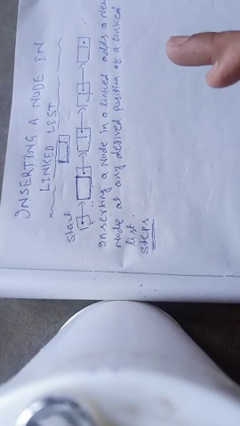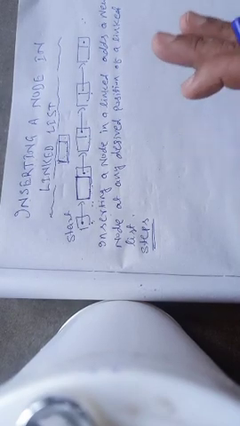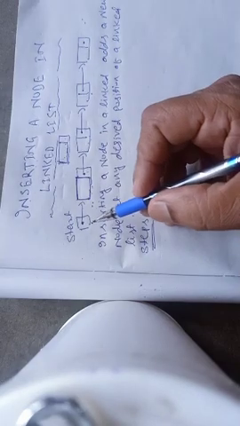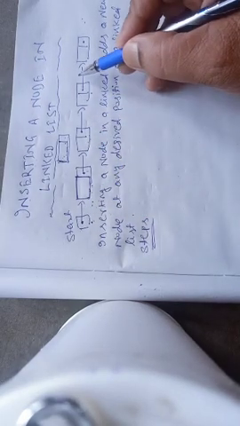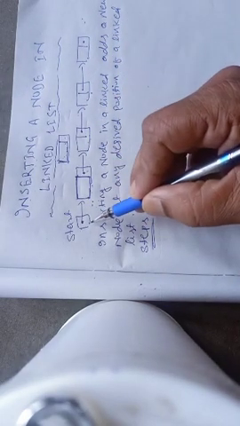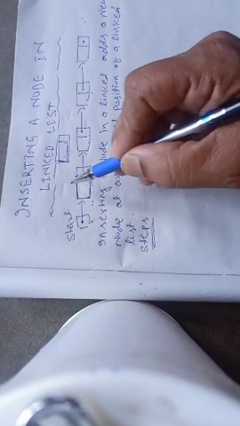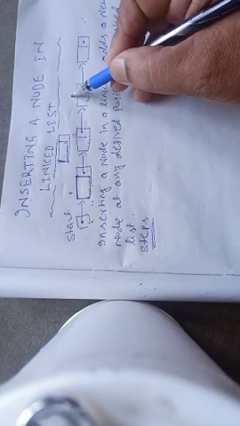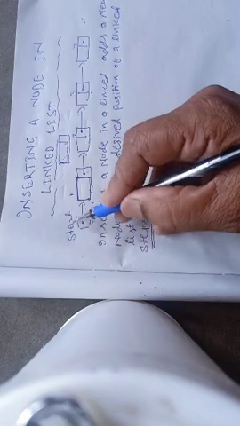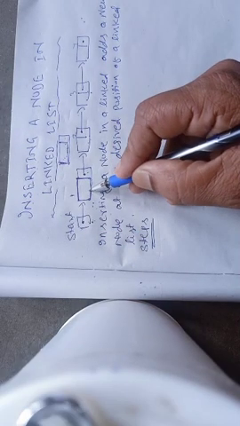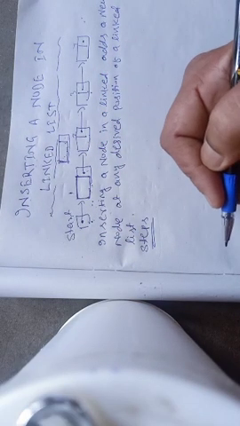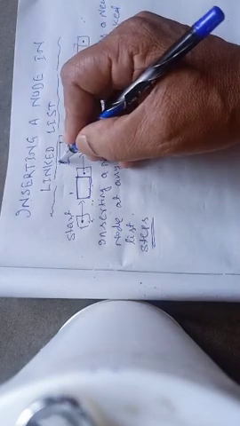So guys, in today's video we will see inserting a node in a linked list. So what does it mean? Now suppose we already have a linked list. This is a linked list having 4 nodes. Node number 1, this is 2, 3 and 4, and this is the start pointer which points to the first node. Now inserting a node in a linked list means we have to first create a new node.